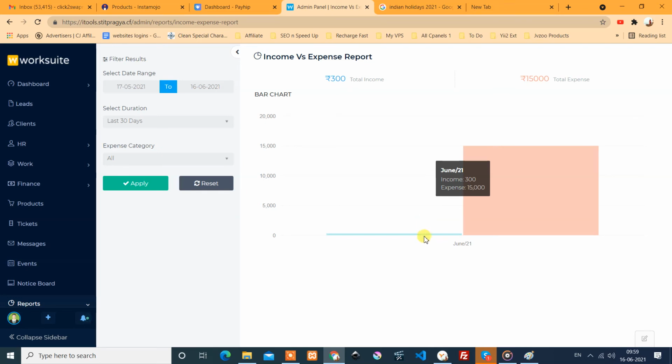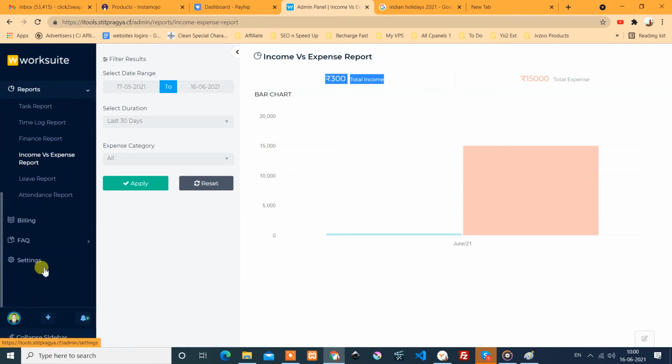It is almost 50 times more than the total income given, because we have only added one payment. If we fill in the records fully, we will have all the data. It's just a representation of the information in our system.